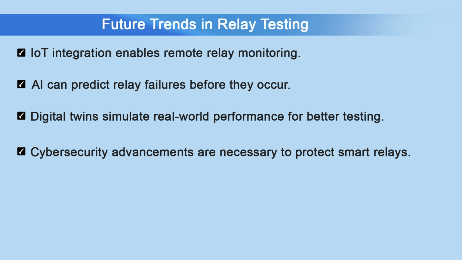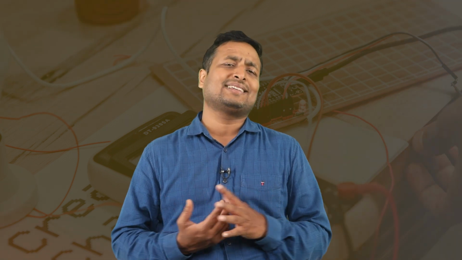Next, virtual testing environments. Digital twins and simulation models are being used to test relay operations under a wide range of scenarios without the need for physical relays. Virtual testing allows for simulation of extreme conditions such as rare fault scenarios or unusual environmental factors without the risk of damaging the physical layer. A utility company might use a digital twin of its power grid to simulate the impact of a major storm on relay performance. The simulation could help to identify potential vulnerabilities and guide improvements to relay settings and